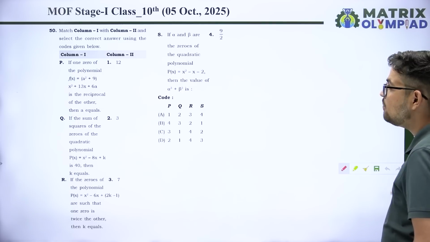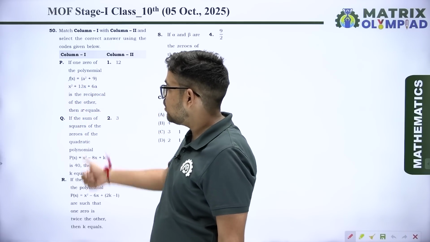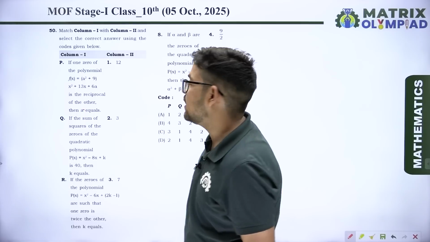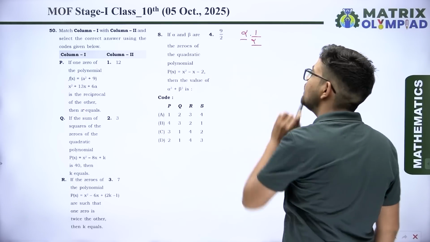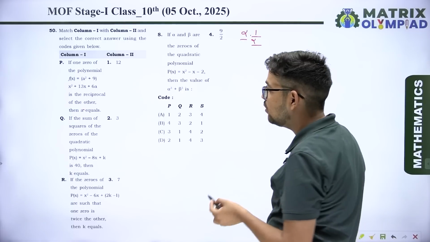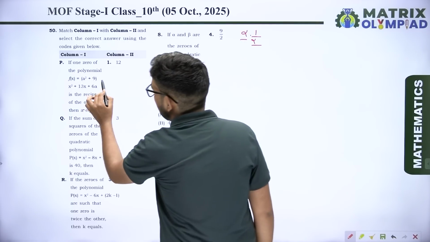इसके बाद क्वेश्चन नंबर 50 कह रहा है, मैच द कॉलम। 1 जीरो ऑफ द पोलिनोमियल इज द रेसिप्रोकल ऑफ द अदर। अगर एक जीरो दूसरे का रेसिप्रोकल है, इसका मतलब अल्फा और 1 अपॉन अल्फा ले सकते हैं जीरोस। ओके, देन A इक्वल्स टू,